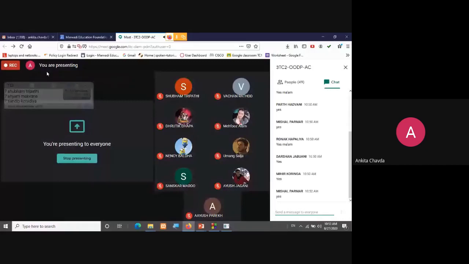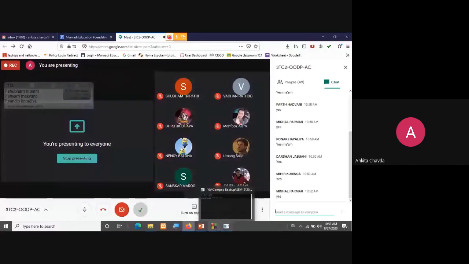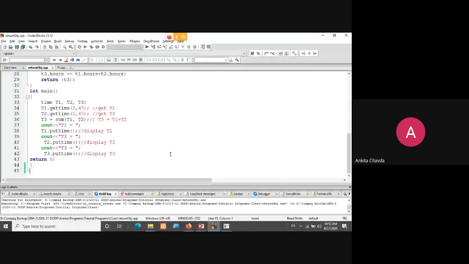If there is no screen right now and I say please write this code again on your own, the simple thing, how we are doing this addition program, you will not be able to write this. By watching this you think, okay fine, this is very easy, but when you write that code, at that time you won't get anything. So please note down some of the things in between.